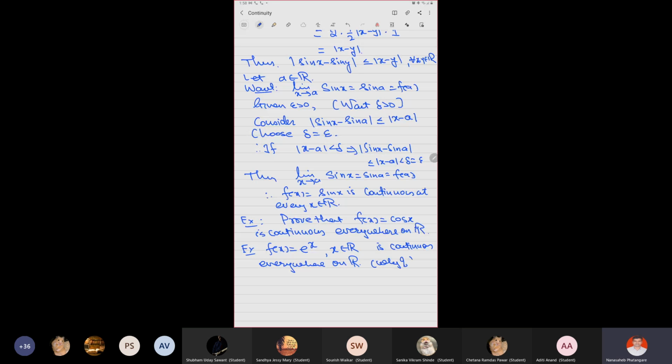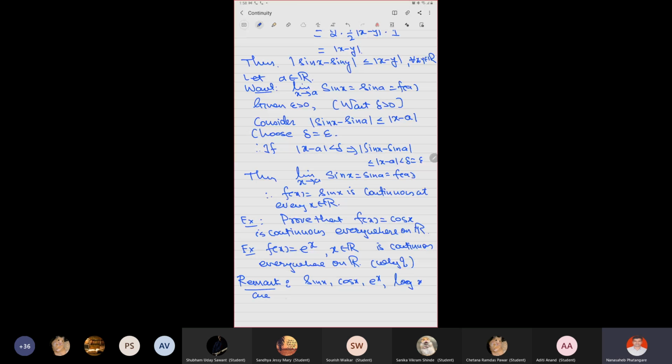So this is basically proving that sin x, cos x, and exponential x are continuous. This is actually technically difficult. We are directly using the inequality, so that we feel that it is easy. But how to prove that inequality, again, is a difficult task. Similarly, that the exponential function is continuous is a difficult task. But note that sin x, cos x, e to the x, log x